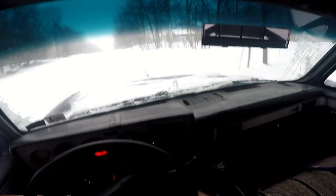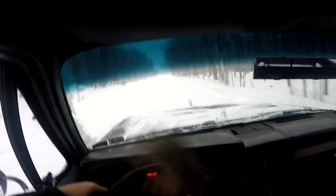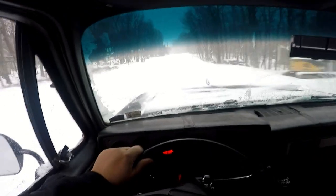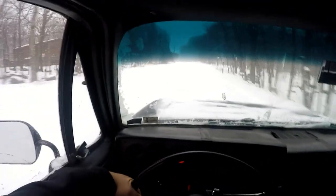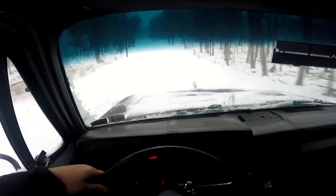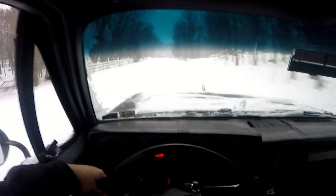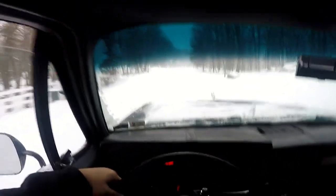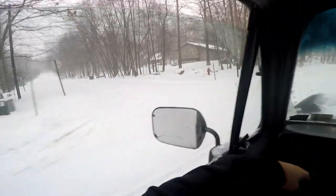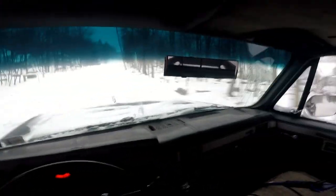So I get out and wipe off the windshield because the wipers are frozen. It's just kind of smearing ice all over the place. So hopefully you guys can see something. I know there's a little snow on the windshield, but it'll look like crap if I hit the wipers right now. So alright guys, still on a little journey trying to find a back road that hasn't been touched yet. This road is definitely a little worse. They must have hit this early. But oh, yeah, you know what? These side roads over here aren't done, so once I get to the next